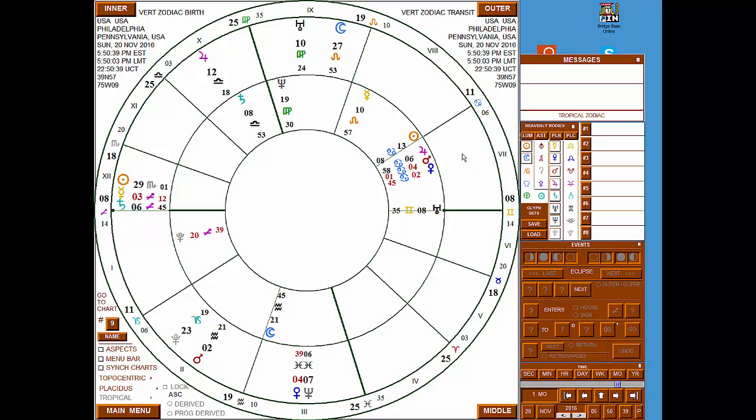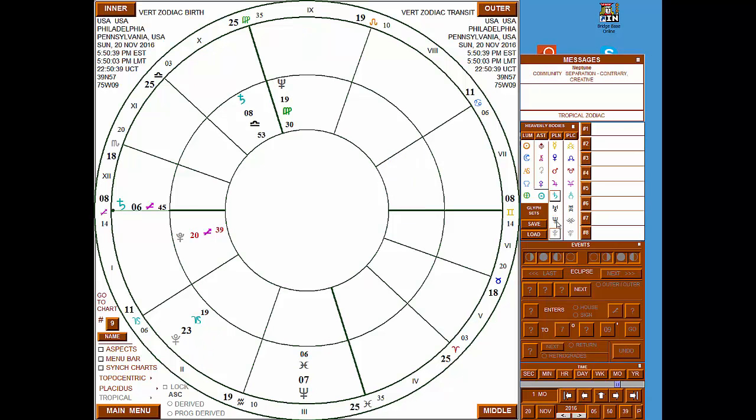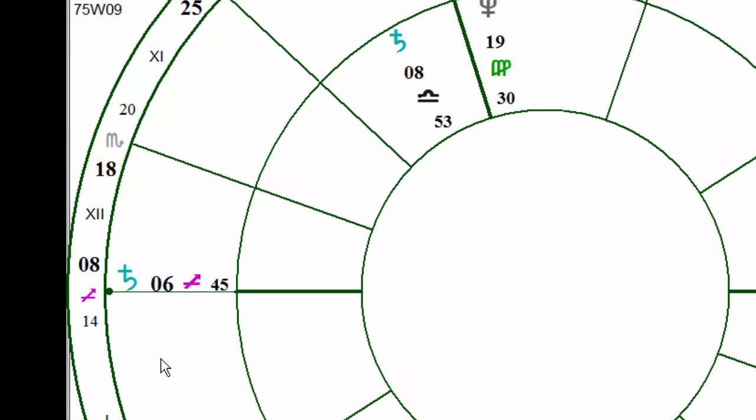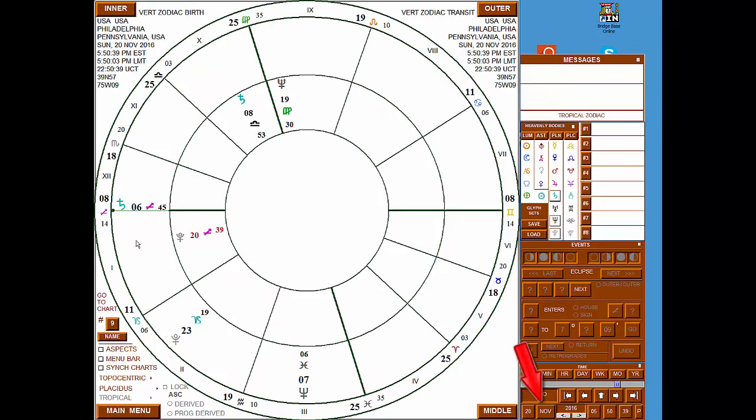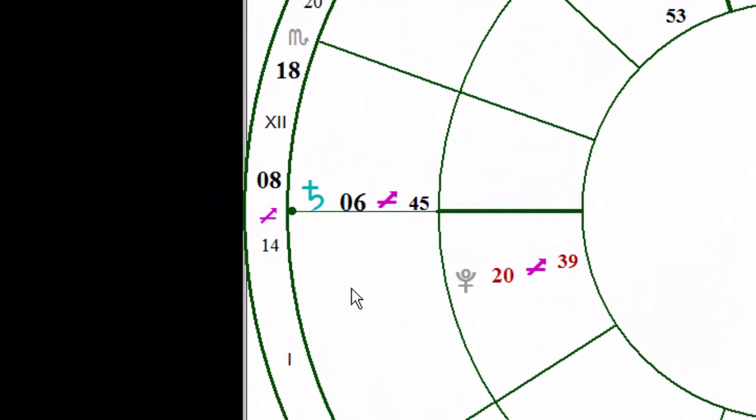Now, let me take out all the planets but Saturn. Take the Sun out, Moon, Mercury, Venus, Mars, Jupiter, Uranus, Neptune, Pluto. And we're left with Saturn. Please note that on November 20th of 2016, that's around the corner, Saturn is approaching a conjunction with the ascendant. Let's see when it is within 1 degree of